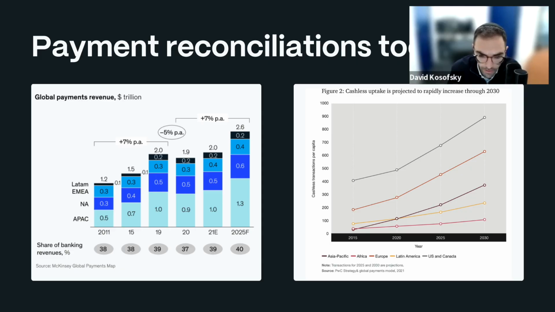The chart on the right here is from PwC, looking at the instances of global cashless payment. And the expectation is that cashless payment is going to increase by about 80%, which is unbelievable, between 2020 and 2025. Obviously, cell phone payments are a huge driver for that. And if you can see it, it's a bit tricky, but the area of the globe that has the highest adoption and the most growth is the Asia Pacific area. So particularly for us in New Zealand and Australia, we're in the hot zone.